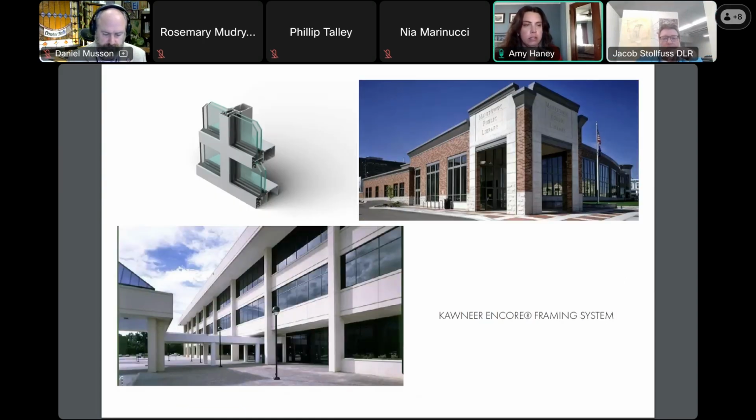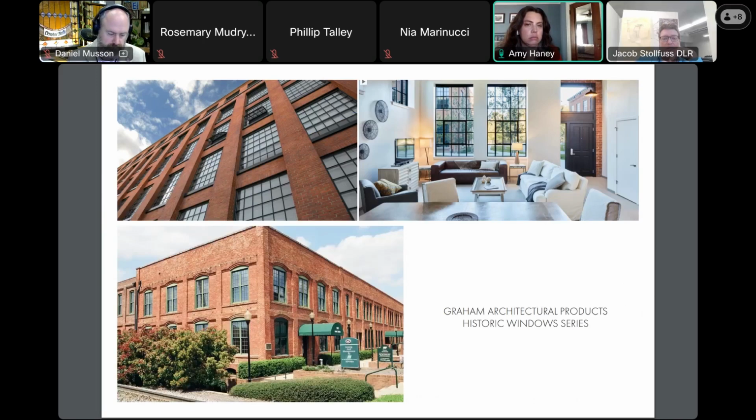This is the storefront system that we are looking at for the fixed portions of the arcades, which would match the profiles of that Renlita door. And then next page. This is an example of the architectural windows that we are looking at for the market hall replacements. They just happen to have a green that is pretty close to the west side market green in the bottom left. I think that is the last page.